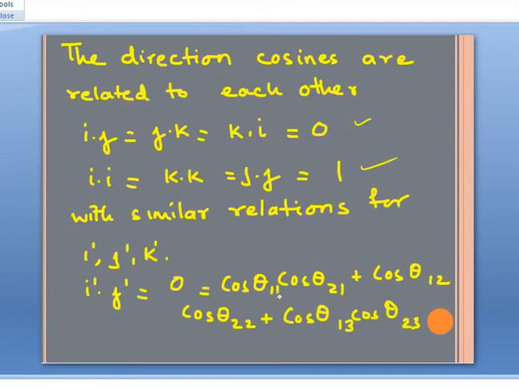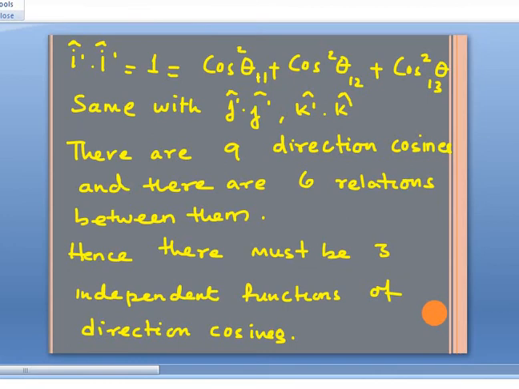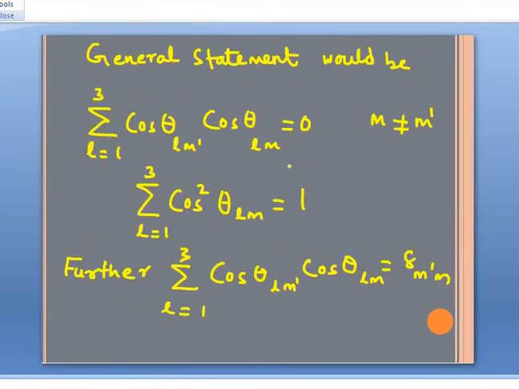When you are writing this second part, m and m prime, if they are different, then you are not getting the same values. Whereas you see here, both are having the same values. So when m prime and m are different, you are getting different values, so that will be 0. Otherwise, cos square theta lm is 1. When m prime is equal to m, both become the same. If both are the same, no problem. If both are different, there is an issue. This is 1 if both indices are the same.